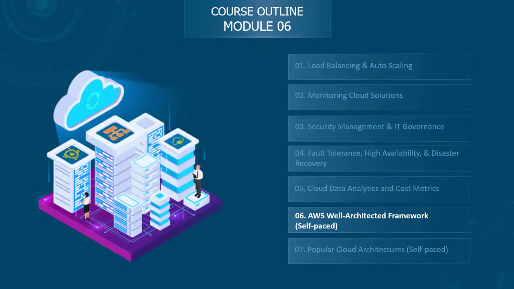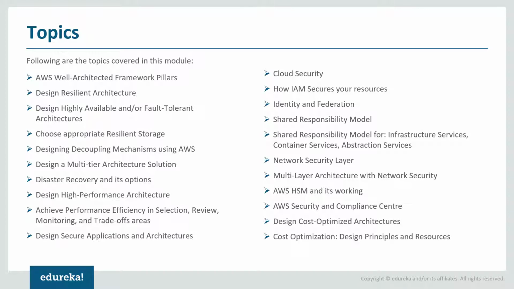As a part of this entire course, we have a module called AWS Well Architected Framework. In this class, we are going to understand what is a well architected framework in Amazon Web Services. As a part of this module, we will be understanding the below topics, like the main pillars of the AWS Well Architected Framework,